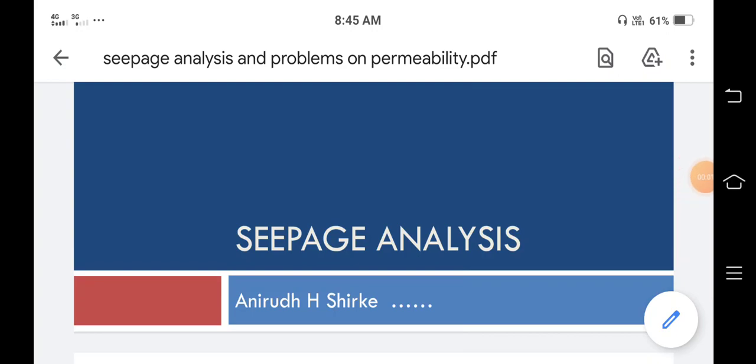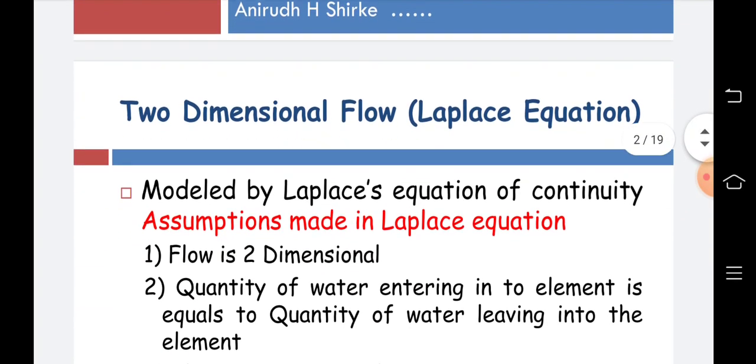Good morning, all. Now we are discussing the last part of unit number two, that is the Laplace equation, that is analysis of a 2D flow. First is the analytical solution, and the second one is a flow net, which is a graphical solution. In that, first of all,